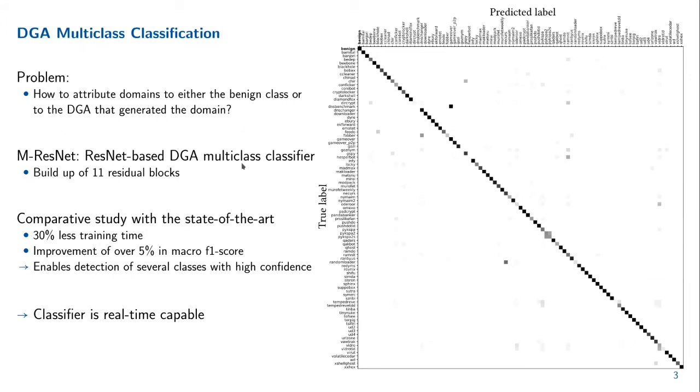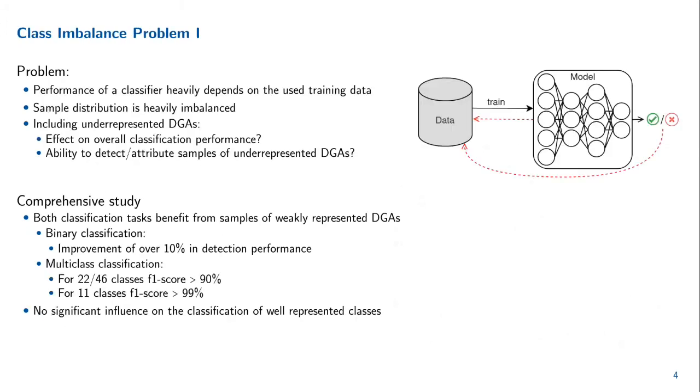Yeah, and of course, we also ensured the real-time capability and scalability of the classifier. And yeah, the 2 classifiers I have shown you now are deep learning based, and of course, they heavily depend on the used training data. And as I've mentioned with DNS benchmark, the sample distribution of the DGA classes is heavily imbalanced. And thus the question arises whether it is beneficial to include underrepresented DGAs at all for the binary and for